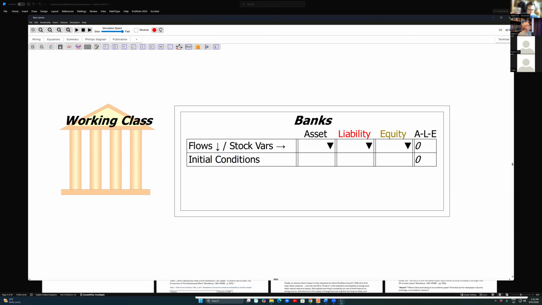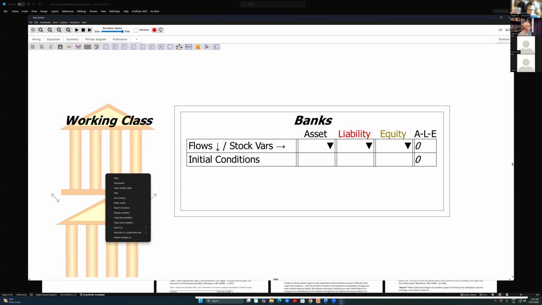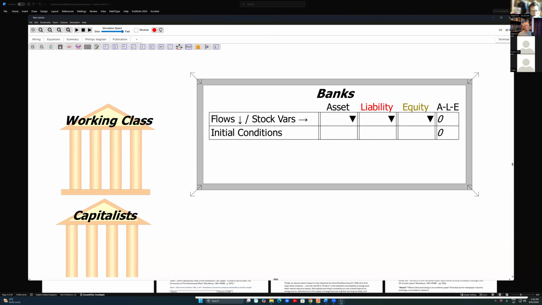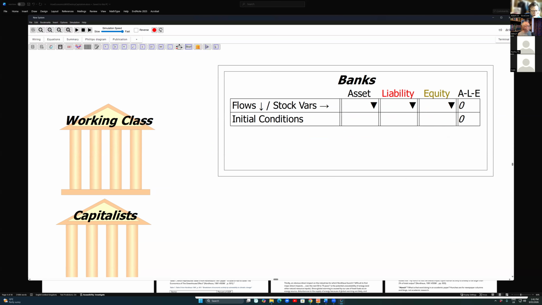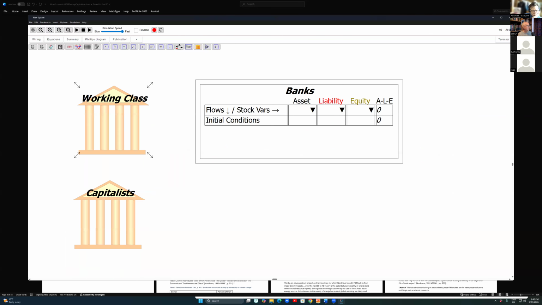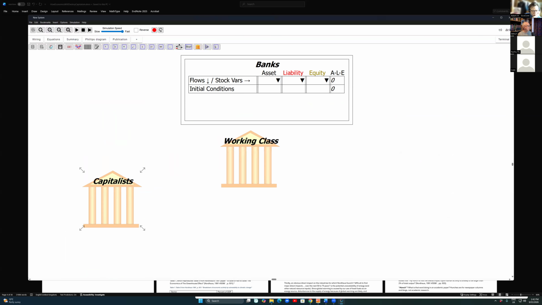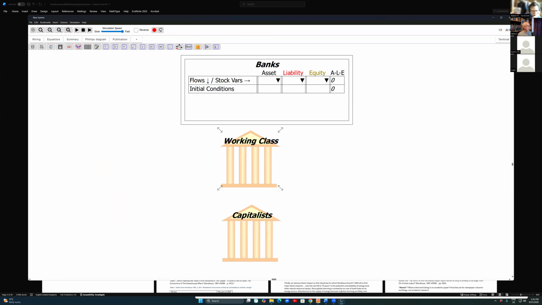I'm going to create another one called capitalists. Same story, titled as capitalists. Sitting behind each of these is exactly the same thing I've got showing on the bank there. It's sometimes tricky to grab stuff. This again is the hassle of supporting multiple operating systems, which makes things much more complicated. I'll put these three in this sequence, and then if I right click and choose open the double entry table,